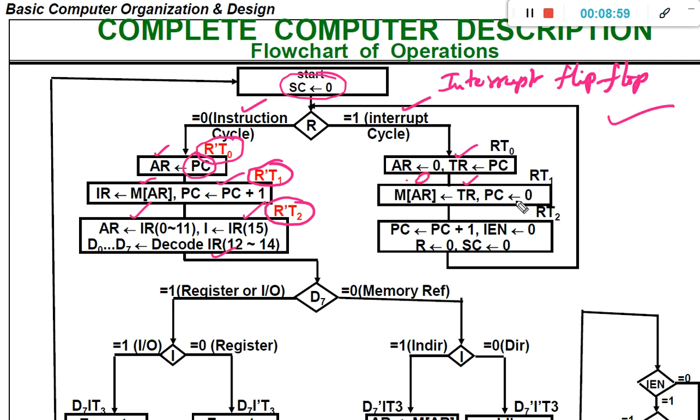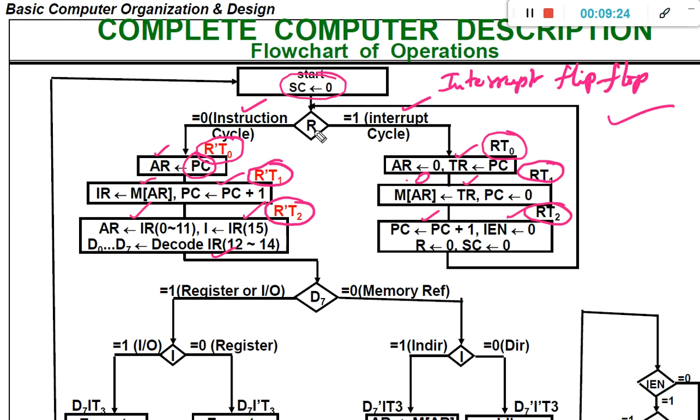So move the 0 value to program counter and increment the program counter value, make IEN and R and sequence counter values 0. So these statements are recognized as RT0, RT1, RT2. We have discussed these statements in the previous class.